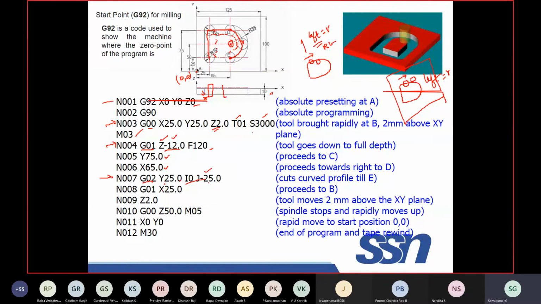Next, G01 means linear interpolation. X is 25. The previous x is 65. X moving to the location 25 means it is moving from this place to this place. Y value is fixed, Y value is 25 and x value is 25. It will be moving from this place to this place, so that the machining is completed. Once the profile cutting is over, what you need to do is move the